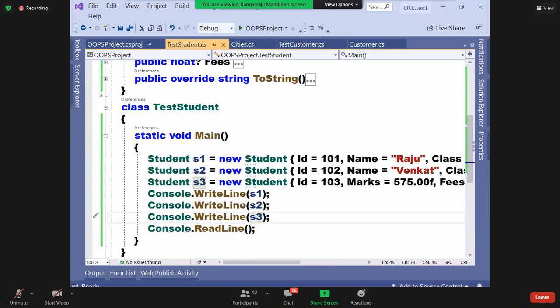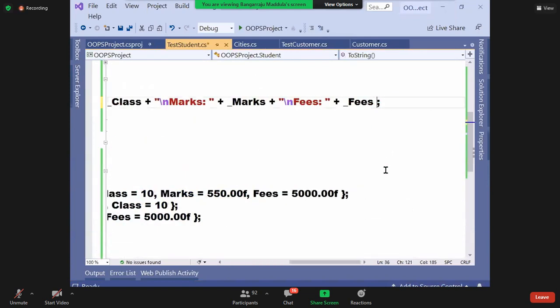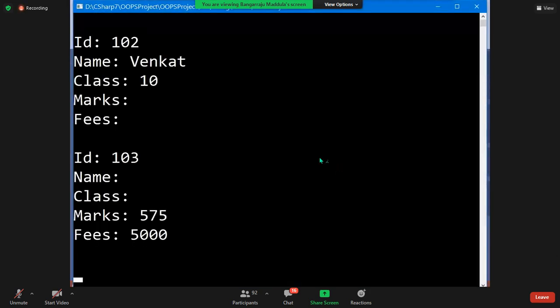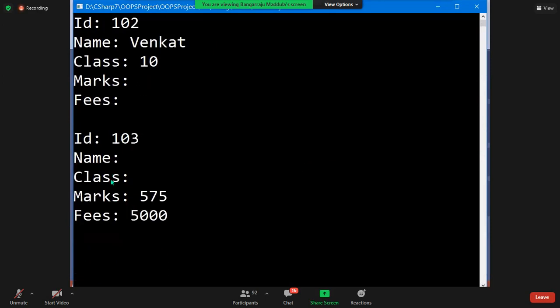Just a minute. All are mixing up. Just a second. In the last line, let me add a line break. Watch. First, all the 5 are initialized. Second, 3, remaining 2 are default values. Third, 3, remaining 2 are default values.